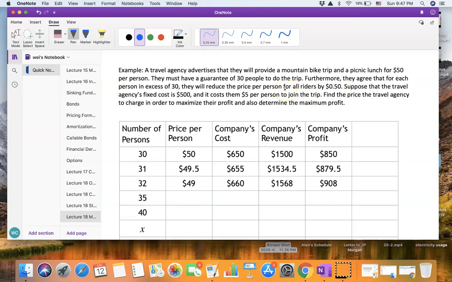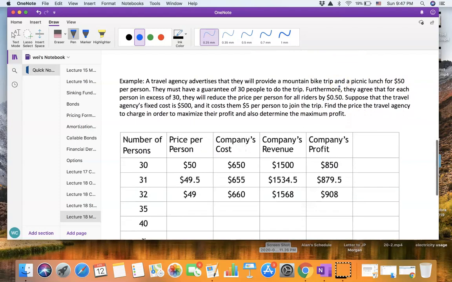So that means if there are more people participating, then each person will receive a discount on the price, and this discount equals the number of people who are more than 30 multiplied by this number, 50 cents. So for example,